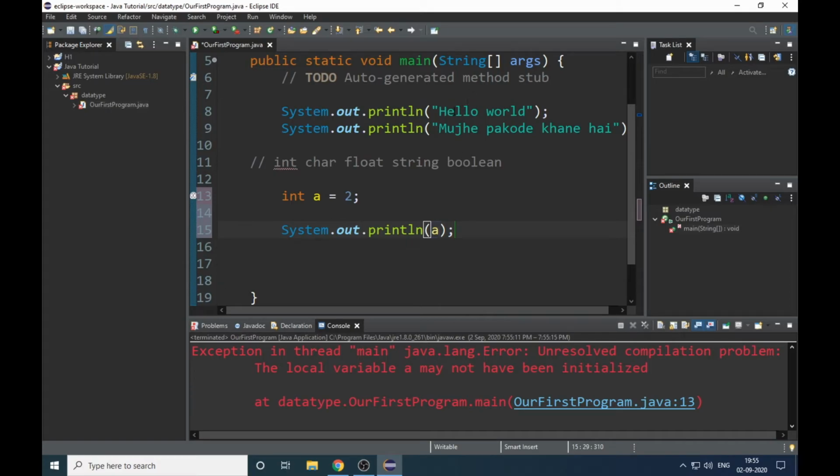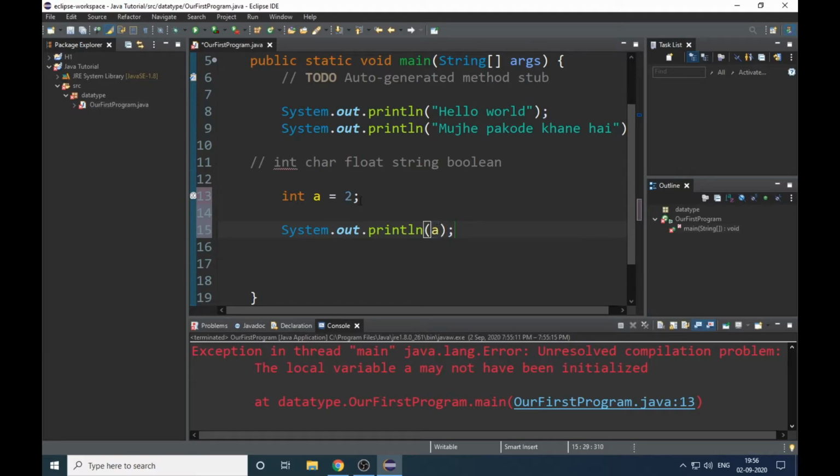Notice here we have put it in hello world, we have put double quotes here. But if I'm writing a variable, then why am I not putting double quotes? Because it has a rule. If you put anything inside the double quotes, then it would be written the same as you have written in the code. But if you are writing a variable in it, the value of the variable will get printed out. So here I have not written any double quotes or single quotes, so it will initiate the value of a.